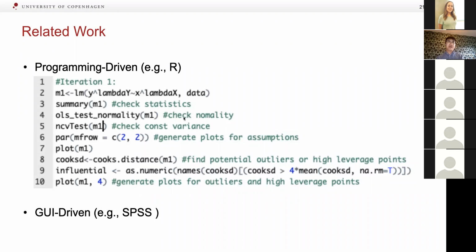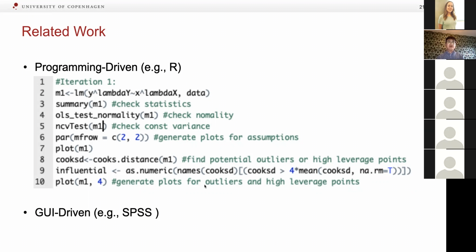And then they check the normality and check the constant variance. And then they generate plots to visually examine the assumptions. And finally, they try to find the potential outliers or high leverage points, and at the same time, they generate plots for outliers and high leverage points.